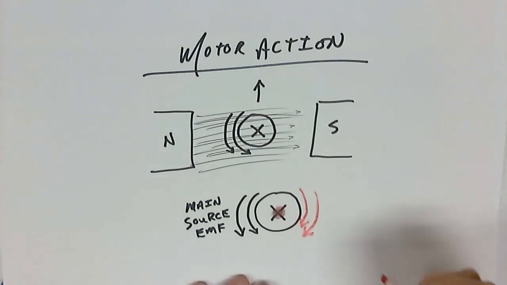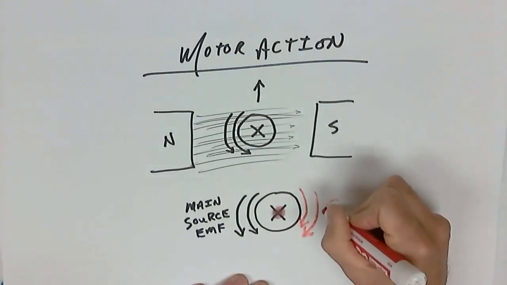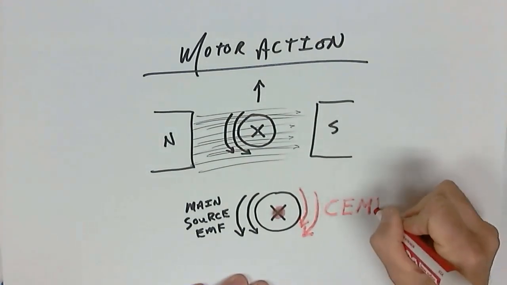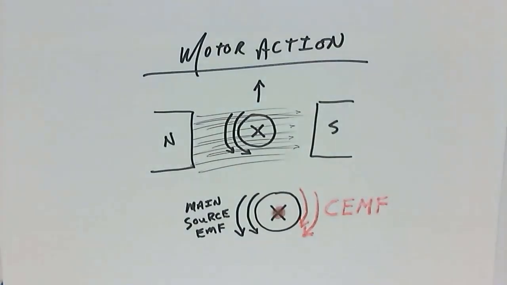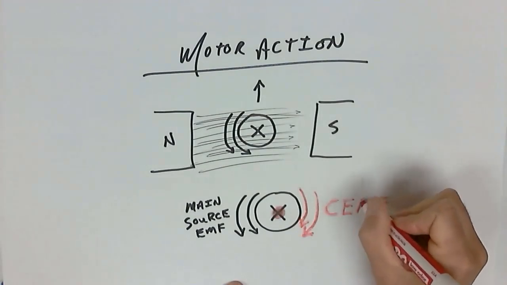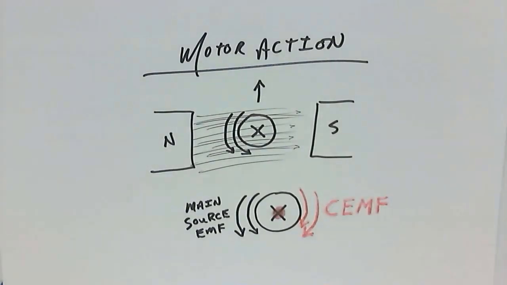And what these are referred to as are counter EMF, much the same as what we've looked at with inductors and coils and inductive interactions in DC. So counter EMF is going to be set up. Now that counter EMF is going to oppose the main source EMF, and that is also going to oppose the main source current. So let's take a look at some of the calculation that we can use with this information